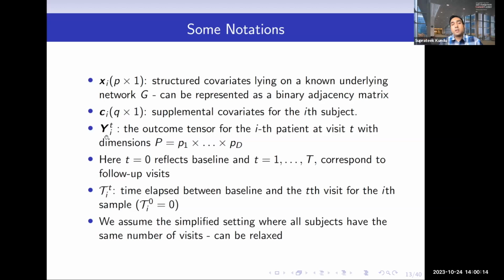And you will notice that Y depends on both the time, meaning the visit, and also the subject, whereas X and C are just cross-sectional. They do not depend on time. So that's a limitation of this project. I would call it the limitation of the data, because that's the data that we have with us. But methodologically, we could extend this method to have time-varying images and time-varying covariates as well. That is entirely possible under the framework of the method. However, ADNI does not provide us with that data, so we decided to just keep it to the cross-sectional transcriptomics